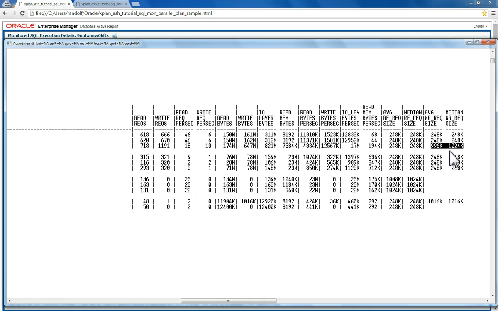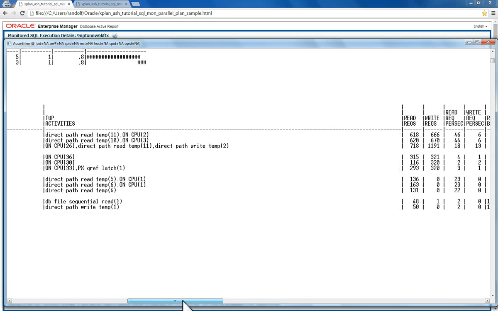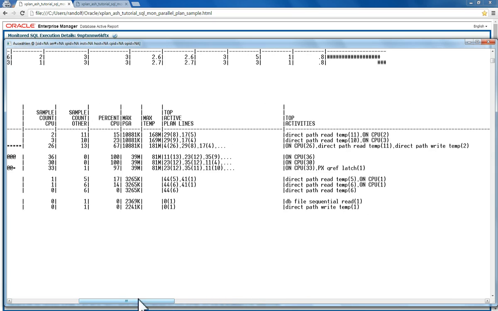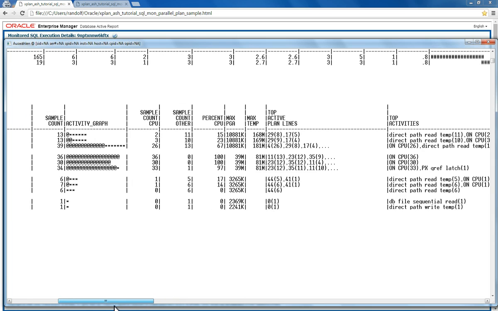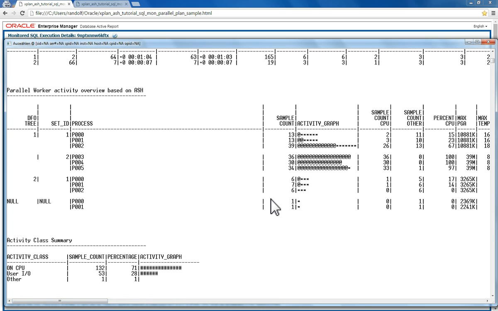So this is just something which is derived from this amount and sometimes can be helpful to spot certain patterns in the data. Yeah, that's pretty much it. What you get here on process level. And as I said, one of the main points here is to see this distribution of work here on set